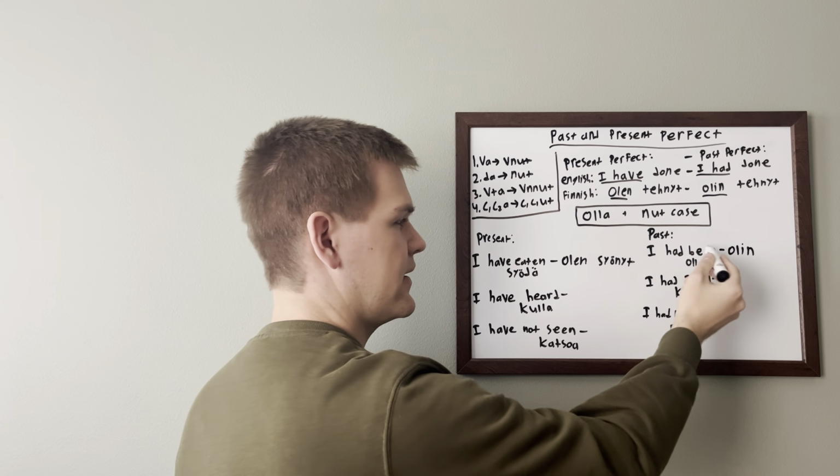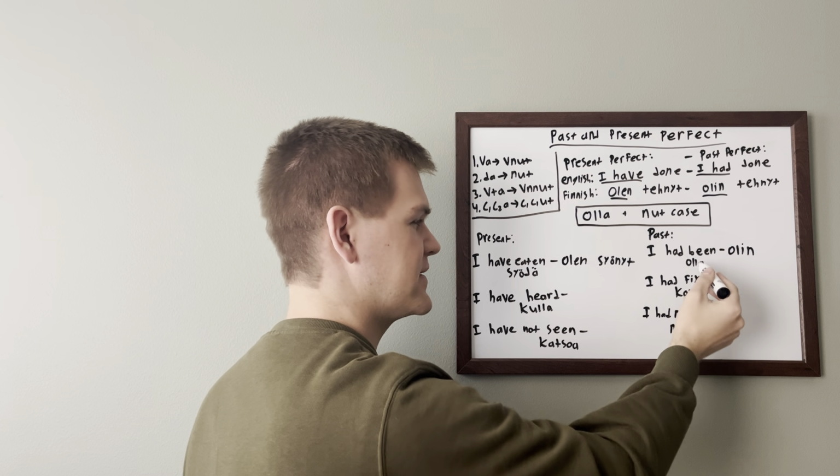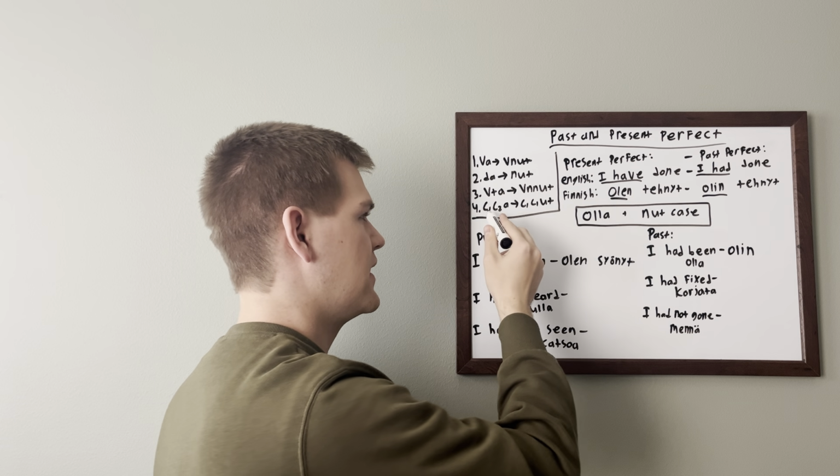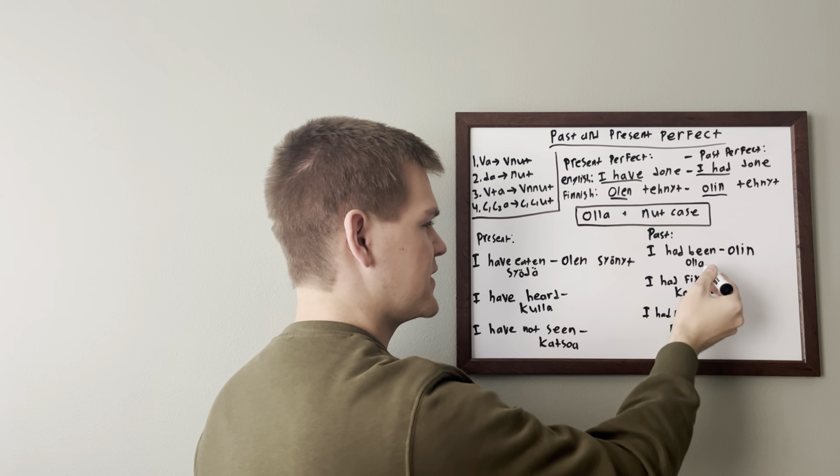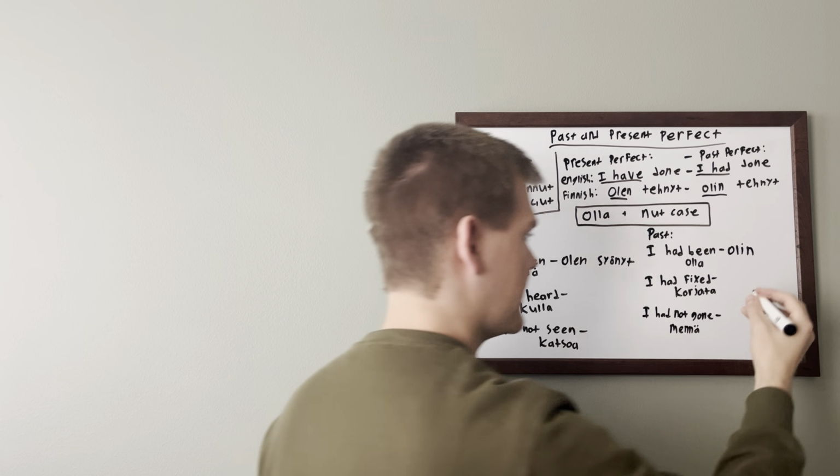And then "been" is to be, which is also olla. So we can put olla in the nut case, which is going to be consonant, consonant A, which means we can just get rid of that A and add ut. Olin,